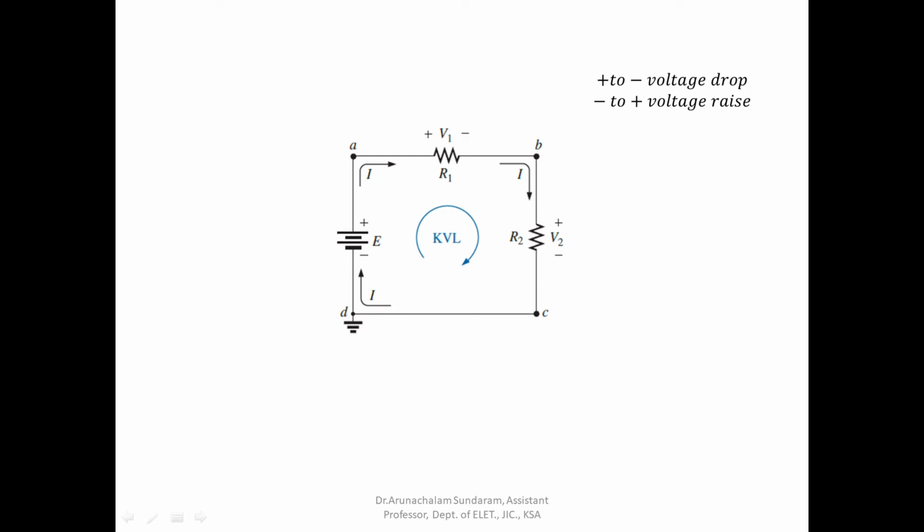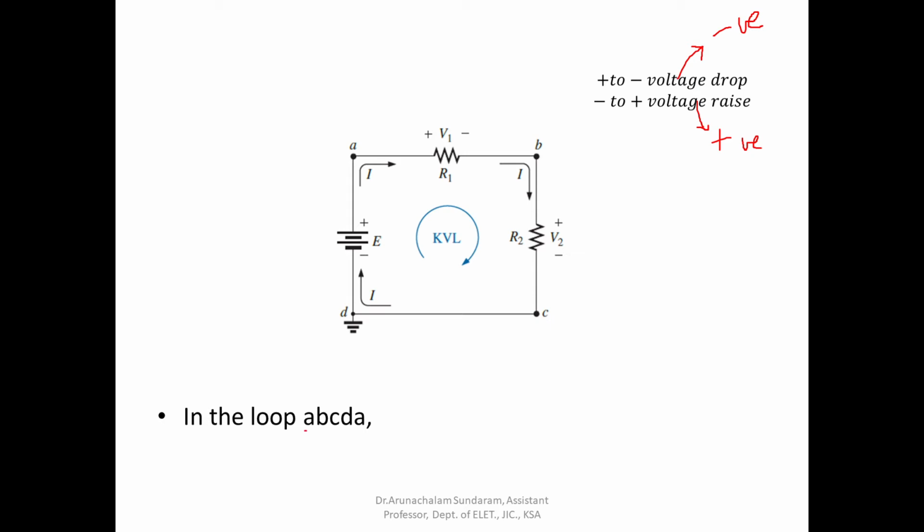Now I told you I'm going to explain algebraic sum. In the previous slide, I told you there is algebraic sum. Algebraic sum means for voltage drop, we have to take negative sign. When you write voltage for algebraic sum, you have to take voltage drop as negative and voltage rise as positive. So let me explain this using an equation now. Now listen, this is very important.